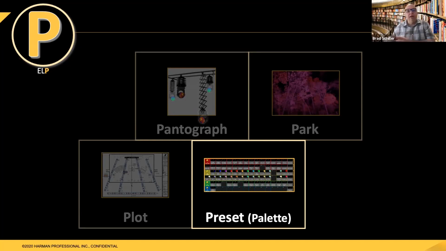If you go back later and update the preset, all those cues will automatically be updated. So if you need to move that down center stage position to a new value, you can instantly update every cue that is referencing that preset or palette. Very important tool if you're a lighting programmer.